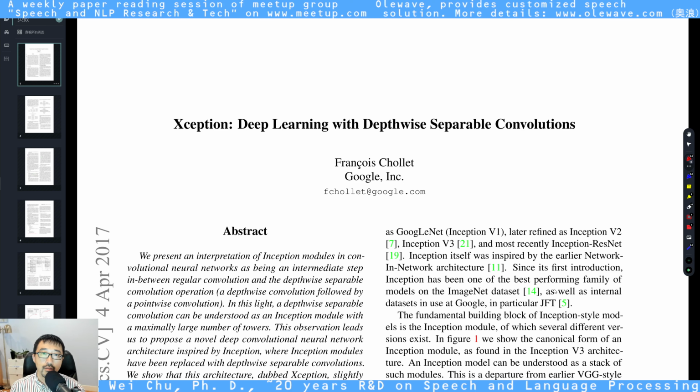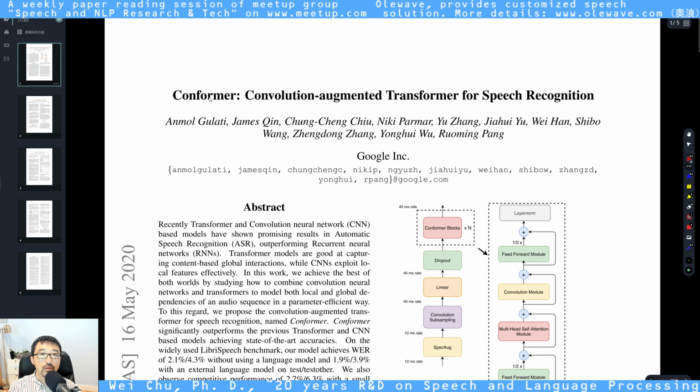Hello guys, today we're gonna be reviewing a paper, Xception, Deep Learning with Depthwise Separable Convolution. Why do I want to review this paper? It was because I'm a speech researcher. I use the neural network module which is called a conformer. After reading the paper, I read the references in this paper to understand